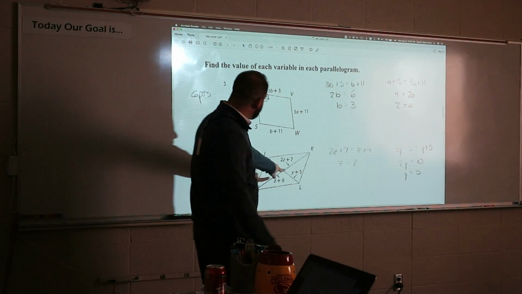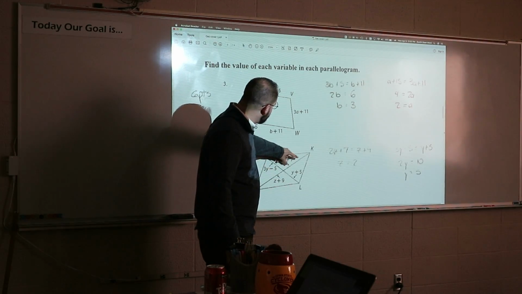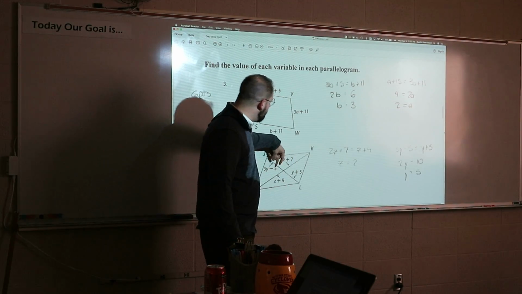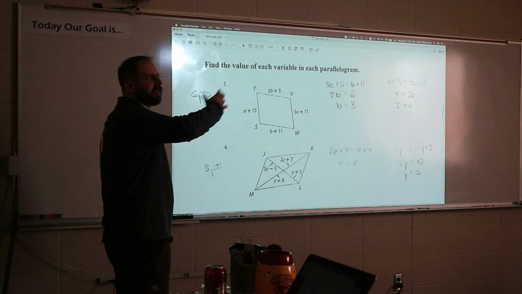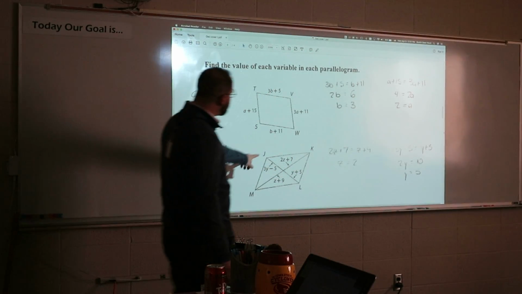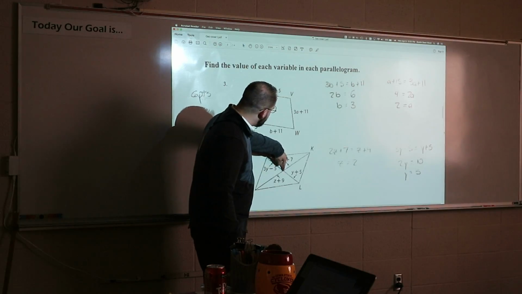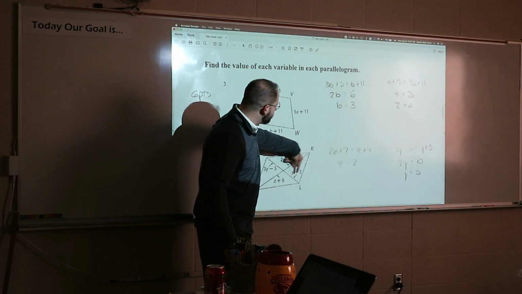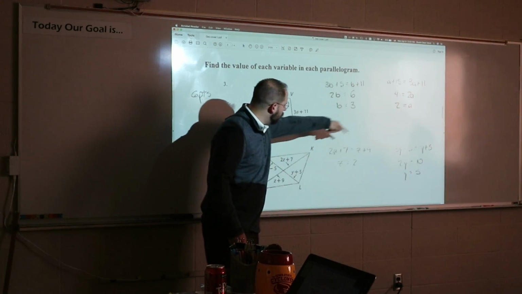The next ones, you're setting these diagonals equal to each other, the certain segments, because they are bisected. That was Theorem 6.7. That's why I put that theorem on the top, because these sticks bisect each other. That means it's the middle, so the sticks are equal. So you can see I set the z's equal to each other, I set the y's equal to each other,